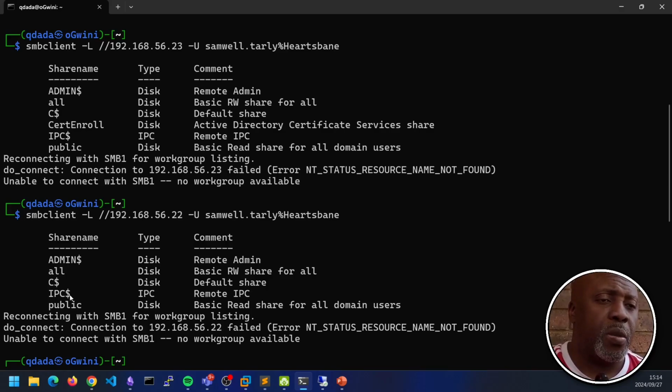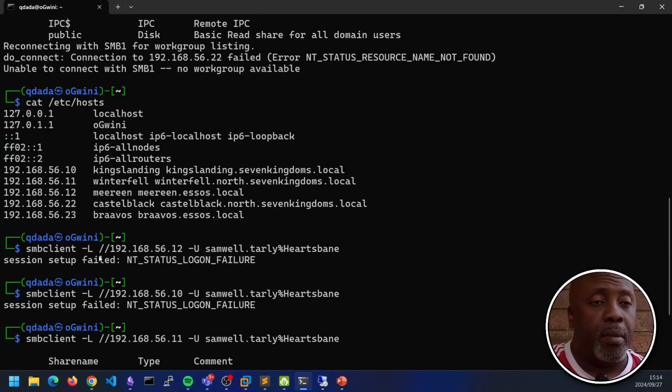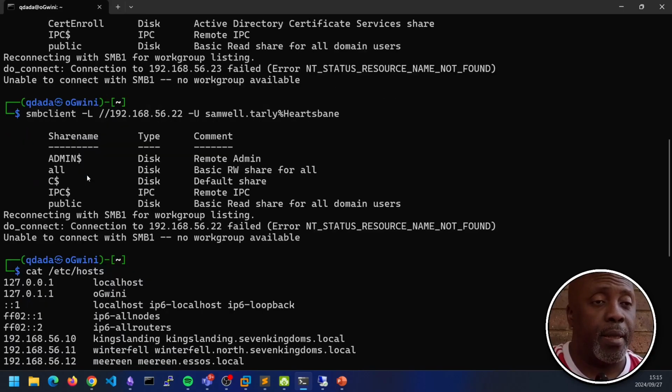I also didn't speak about these shares with dollar signs. Those shares, you normally don't have access to them unless you have gained full administrator access. So I'm pretending they're not there now because we still don't have any admin access across those. So yeah, the two non-domain controller machines, they've got shares that look like that.